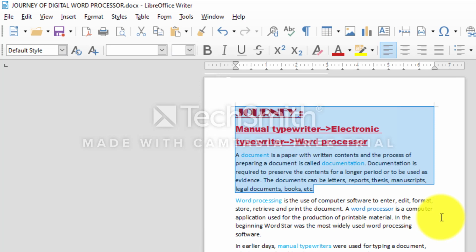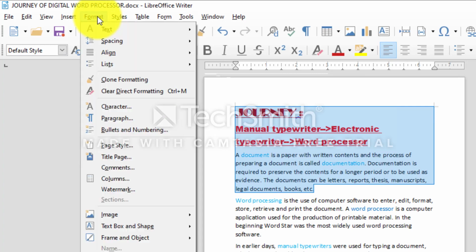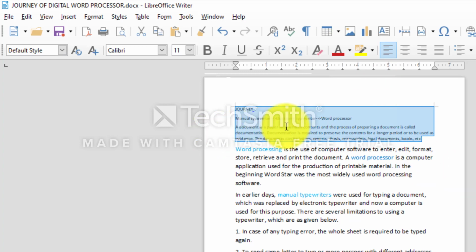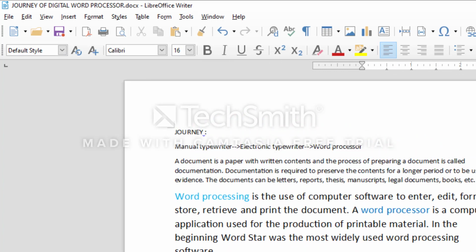For this, select the text and choose Format, Clear Direct Formatting from the menu bar, or use Ctrl+M keyboard shortcut, or click the Clear Direct Formatting button on the formatting toolbar. It will clear the existing formatting on the text and then you can apply the fresh formatting features.